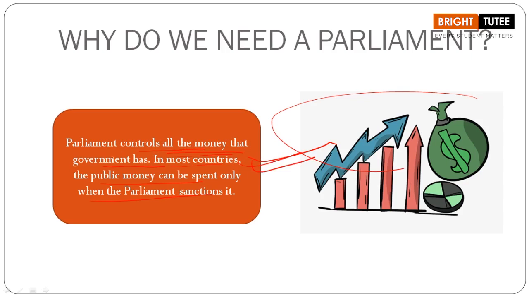So the government has the money, the taxes that they collect, right? These taxes are being spent in different areas, on various schemes also. Apart from that, all the privileges, all the luxuries that we enjoy today are offered by the government in various senses. So here you have to see that the parliament is controlling all this money.